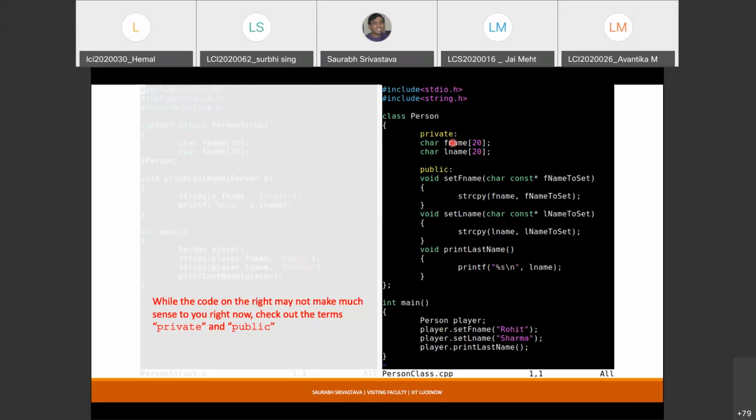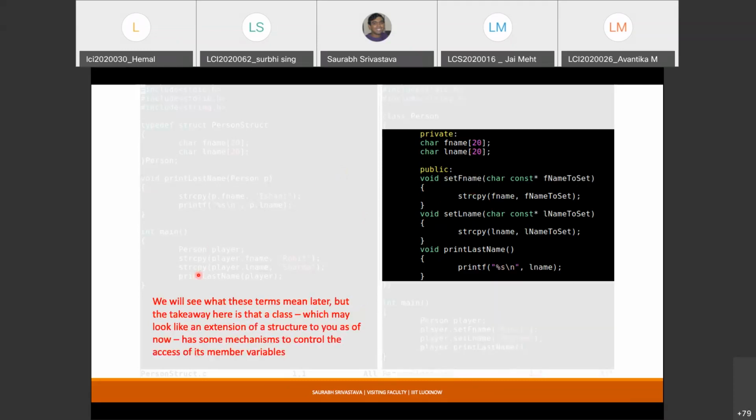Another difference that you can see is that there are some functions which have been placed inside the declaration of the class itself. What exactly do they mean? How exactly do they behave? We'll have a look at it. But this part gives you a simple intuition of how object oriented programming is different from structured programming. The output of these two programs is exactly the same, but you can see the difference in approach. The chances of making an error in this part are actually lower. I'll tell you why, as compared to this part.